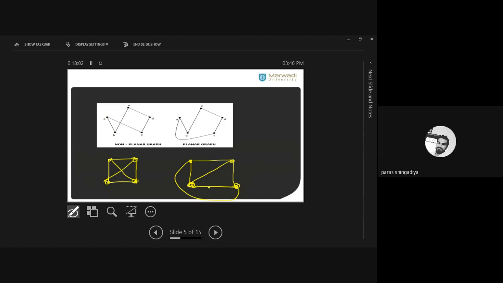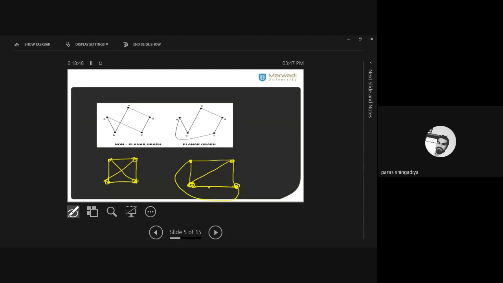You can change the vertex position there, but its adjacency relation should be fixed. If I consider A and C, and I place A at one place and C at another place, there should still be an edge between A and C in any way. You can change the vertex position, but the adjacency relation should be the same. There is an edge between A and C, between B and E, and between C and D. So the second graph also should involve all these connections, and you just remove the crossover between the two edges. Is it clear? Any confusion?